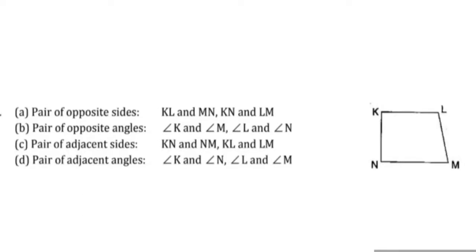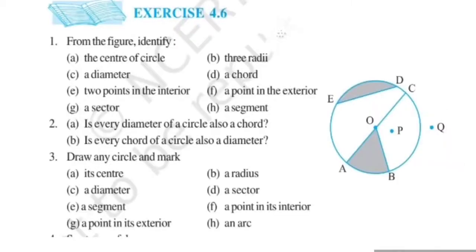Last one, 2 pairs of adjacent angles. So adjacent angles: angle K and angle N, and angle L and angle M. Now scholars, your exercise 4.5 is completed. Now see exercise 4.6, and question number 1 is,